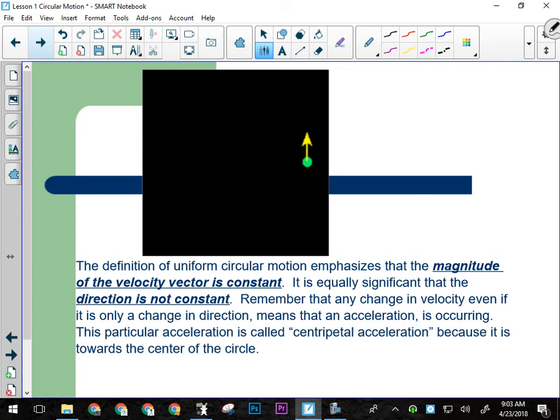Centripetal means center seeking. That's a real force. Centrifugal means center fleeing, wanting to go out of the center, so directly away. There is no force acting directly out of a circle. There is no such thing as centrifugal force. The reason we feel like we want to leave a circle is because of inertia. There isn't really a centrifugal force. There's just inertia. There's just this idea that I want to go in a straight line because of inertia,